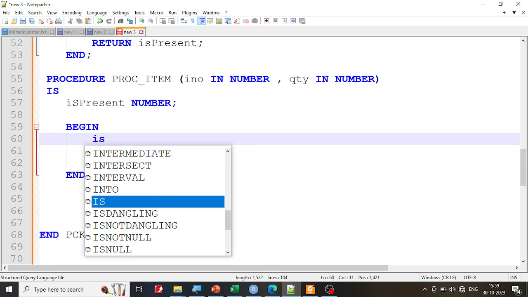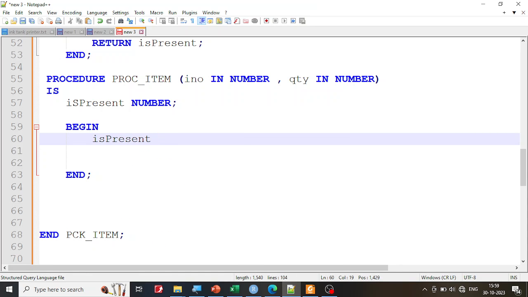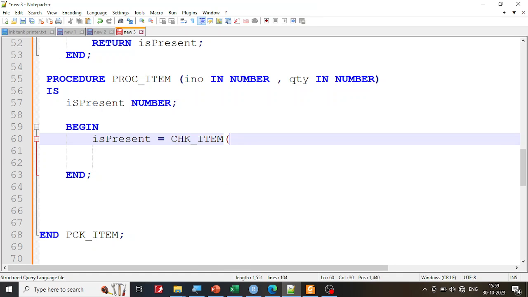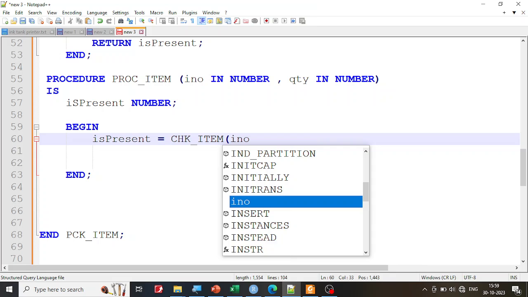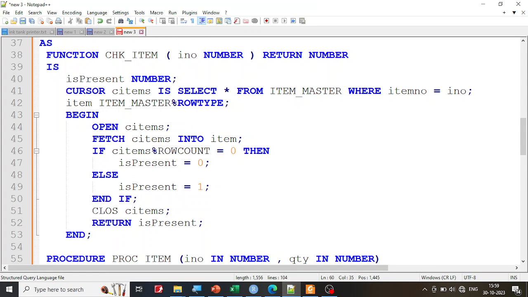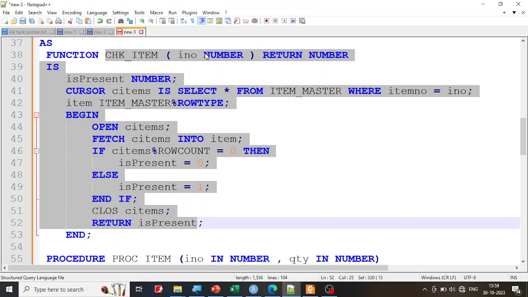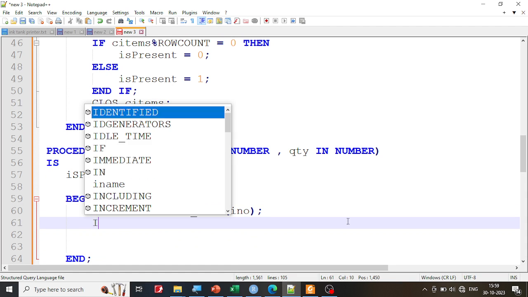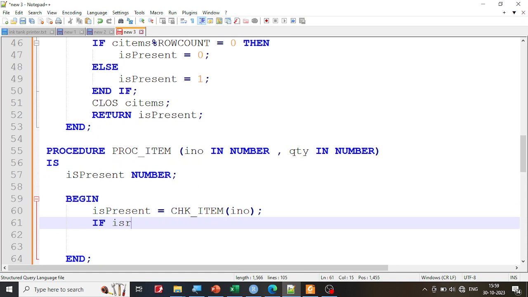So let me say is present. I'm going to call this function. What is this function name? Check item, and I'm going to pass the I number to this. So I'm going to call this function, and I'm going to pass this I number. It's going to return either 0 or 1 or anything. Okay, suppose if the item exists, if is present